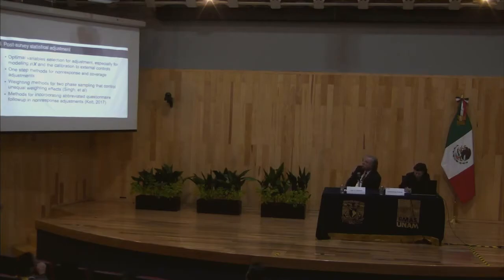Finally, we come to the eighth, which is post-survey statistical adjustment. So after all of our efforts, and I think Young mentioned yesterday that the adaptive design is a way of trying to control these biases in the design stage and actually the implementation stage. But failing that, or maybe not being 100% successful with that, we end up with a sample that there's still some options to improve the quality through some sort of adjustments, so post-survey statistical adjustments. And I think there needs to be some research there. Again, methods that we're using are somewhat antiquated, and there have been some new developments.